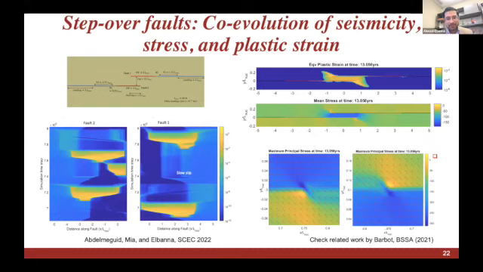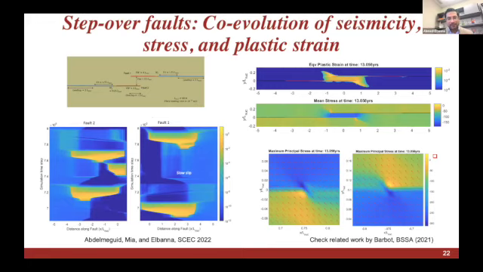So let me just take the next few minutes to show you other modeling attempts that we are looking at in terms of structural complexity. Here's an example of a step over simulation that Mohammed and Showman are carrying out. Once we start looking with these kinds of structural complexity plus plasticity plus inertia, we start seeing very interesting observations, not only in terms of the seismicity, but also in terms of how the faults are speaking to one another and how the stresses are evolving in that region.